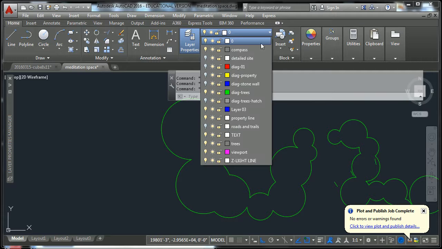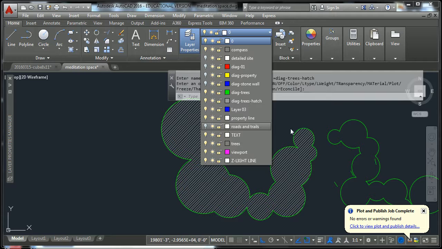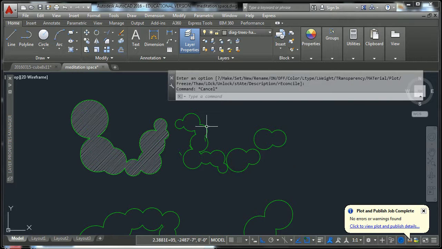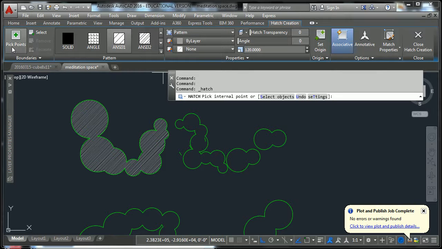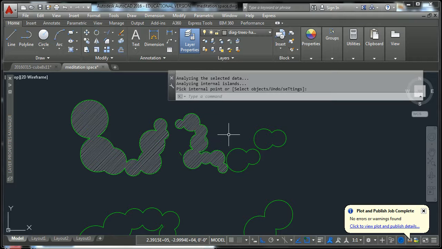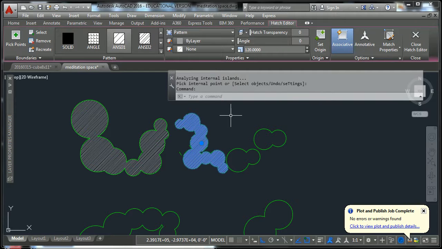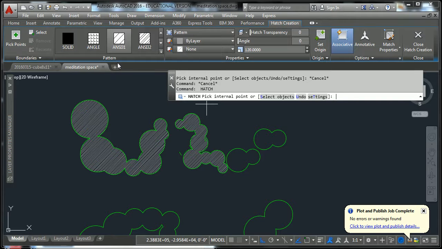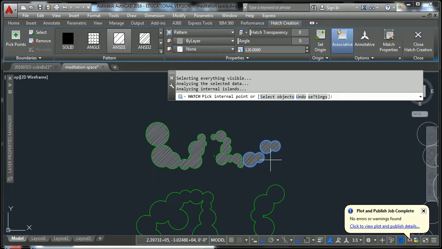Okay, so I'm going to go ahead and hatch all the rest of the trees, and to do that maybe I'll just put the tree hatch layer as the current, and then go ahead and hatch the rest of these parts. And the last hatch that I placed, all those settings will keep remaining. So okay, so that's it. So notice that if I click on this one area and enter, it's just going to hatch that area, and that's it. However, if I go ahead and choose to hatch and select all of them